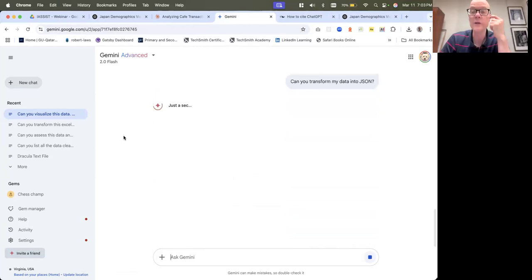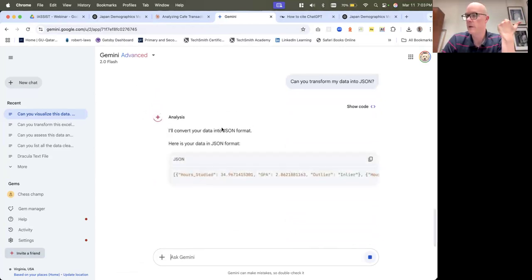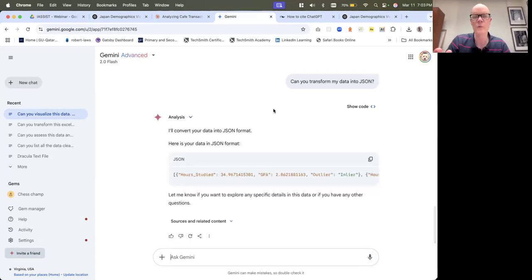It's originally an Excel spreadsheet, but maybe I want to use it to work with JavaScript or with a React program. And you can see it actually does do that. It is outputting this as properly formatted JSON. So again, this is another thing I could do. There are various ways to do it.